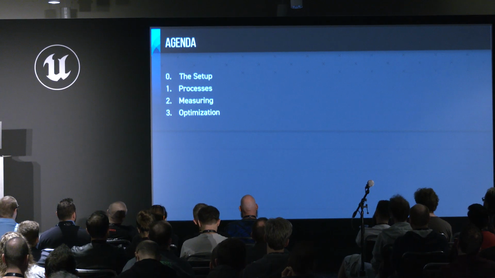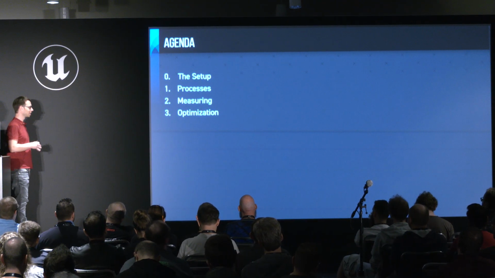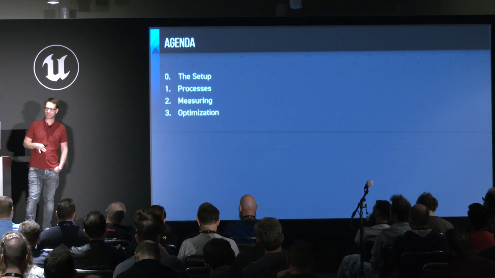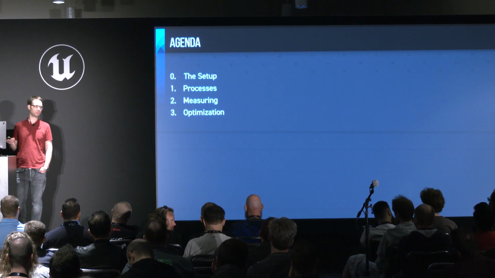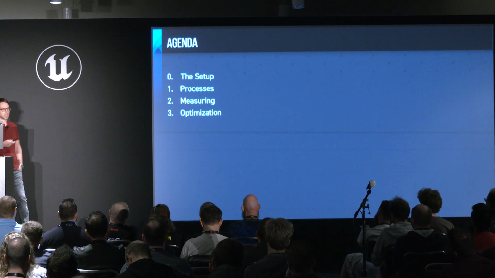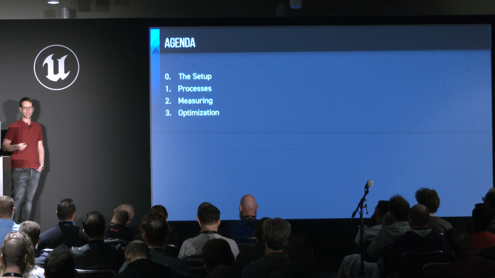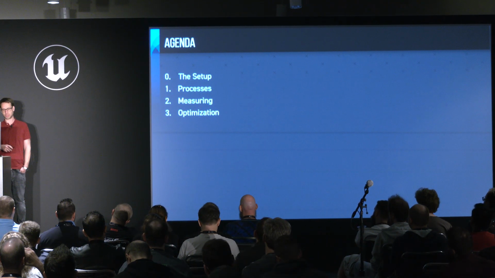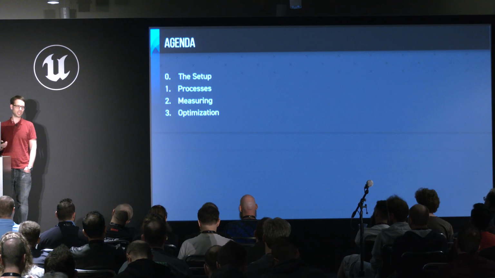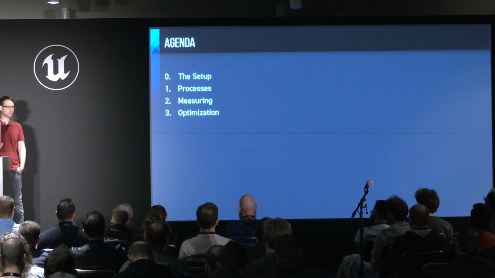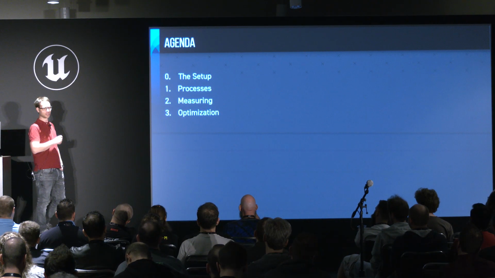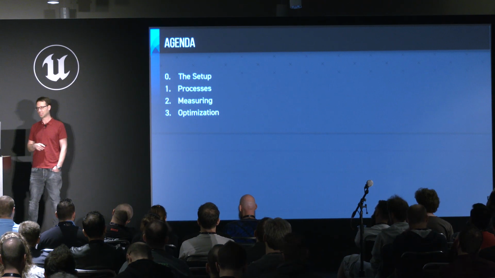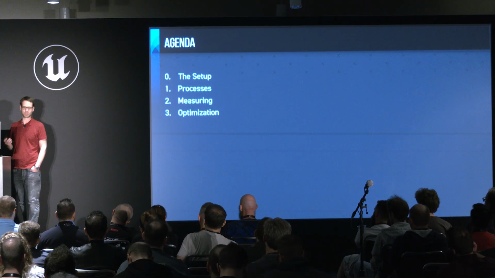All right, so what will we be talking about today? Let's get a bit of background information out of the way first, and then there are three main ingredients that we need to talk about. The first one being processes. So we need to organize around making this game run well on all the platforms that we want to ship on. The second thing is that we need to measure. We need to find our performance issues so that we know what we need to do, which is then the third part, the juicy bit of the presentation, where we go in and actually optimize stuff.